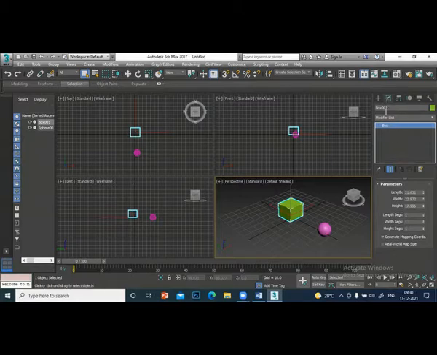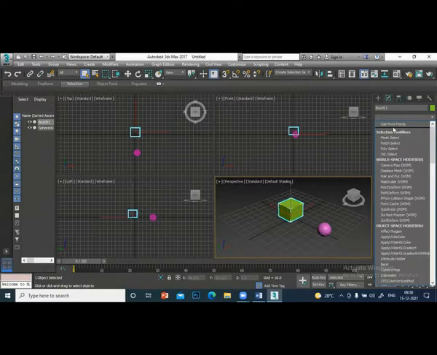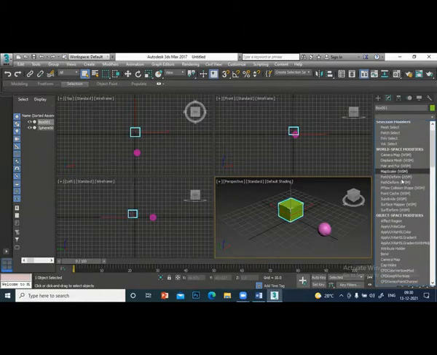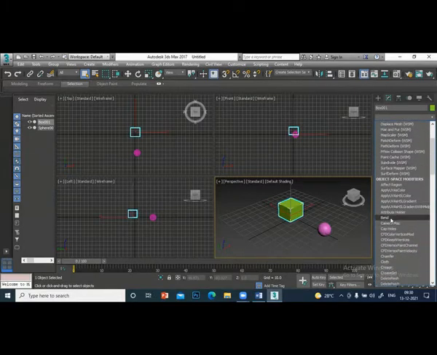And under the modify, you can see there is a big list of modifiers. You can see here modify list. When you click this arrow, there are a lot of modifiers available. Bend, cloth, we can create cloth.